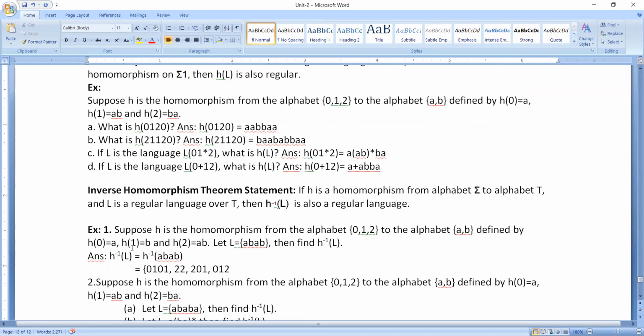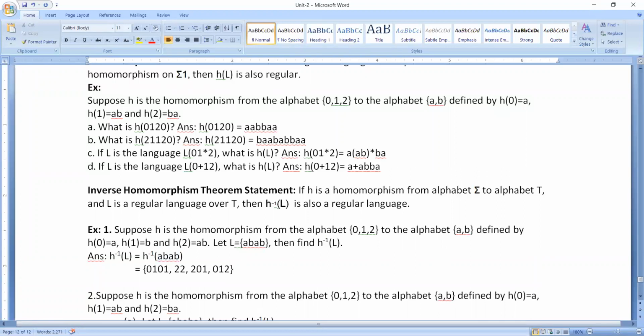Now if you have a look at this, I think these are the 4 combinations which will produce the given language called AB. Now if you observe, when I apply the homomorphism function, when I apply H of H inverse of L, what should it produce? It should produce L. What is L? L is nothing but my language, AB.